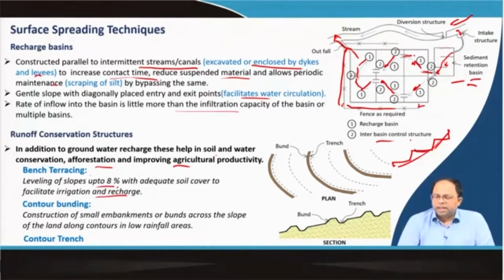So, we create these flat spaces and level slopes up to 8%, and then we create these benches or terraces where we can practice agriculture, and we can store water there as well. Contour bunding is where we do not create benches, but at certain intervals we create trenches where the water gets trapped,